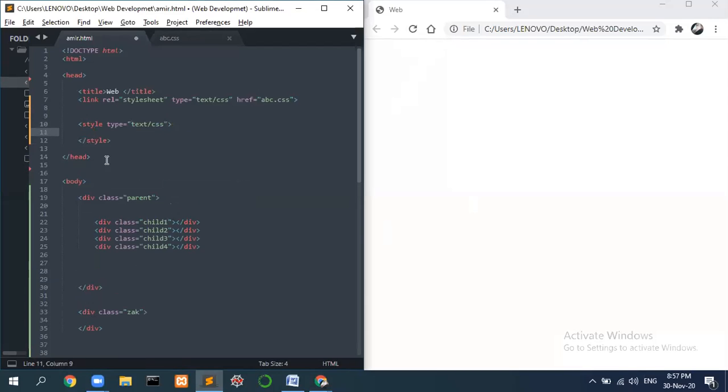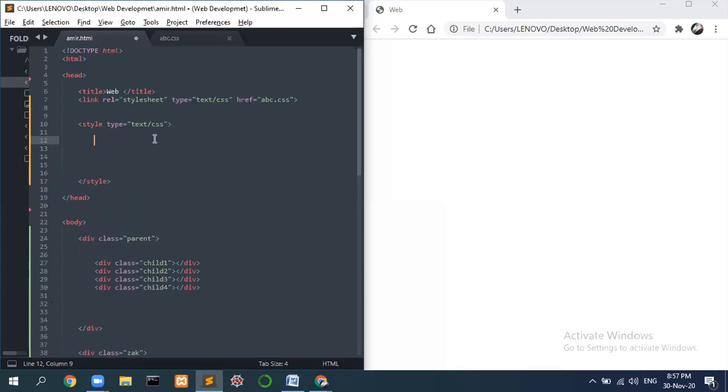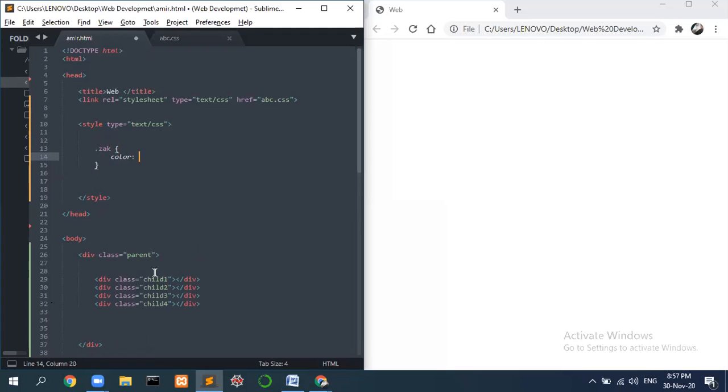Can anyone answer how do I style a class? The one who remembers it can answer. How do I style this class? Yes, dot, and then the name of the class. And then I have to open these curly brackets and then